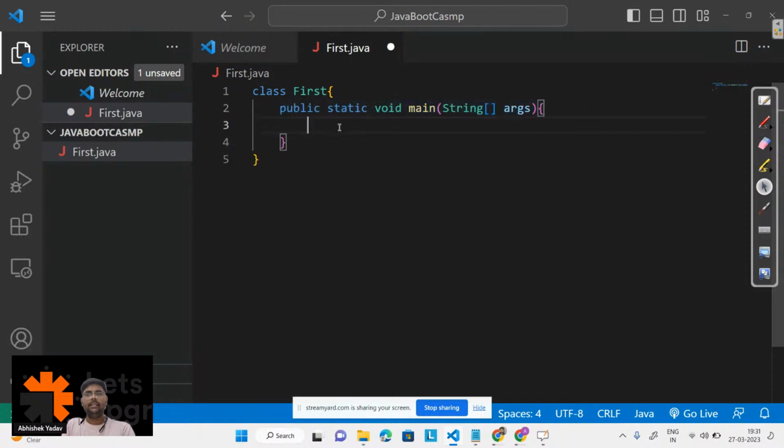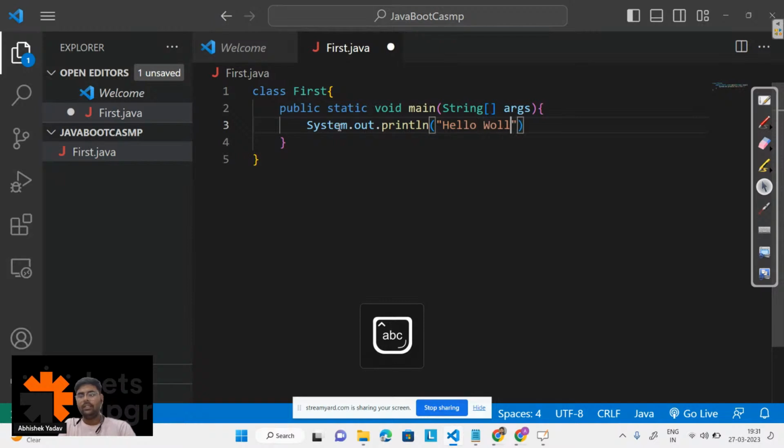Okay, this is the entry point, and here I have to print something on the output screen. So let's print hello world on the output screen. Let's see how I can print hello world, right? For C programming, we have to use the printf function. For C++, we have to use the cout object, and for Java, we have to use System.out.println, right? So I have to write